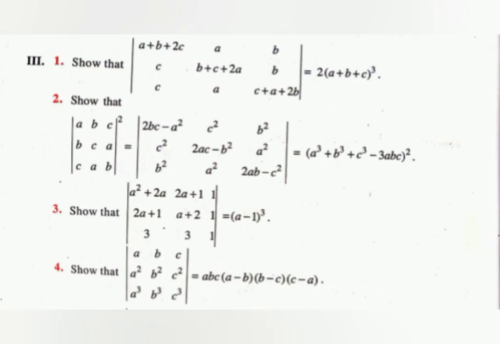So these are the Roman 3 problems. Just now we did 1 and 2, so do the third and fourth problems. Coming to the third problem, column 3 contains three ones. So apply row operations to get two elements as 0. The hint is apply R2 minus R1 and R3 minus R1 and think about it.